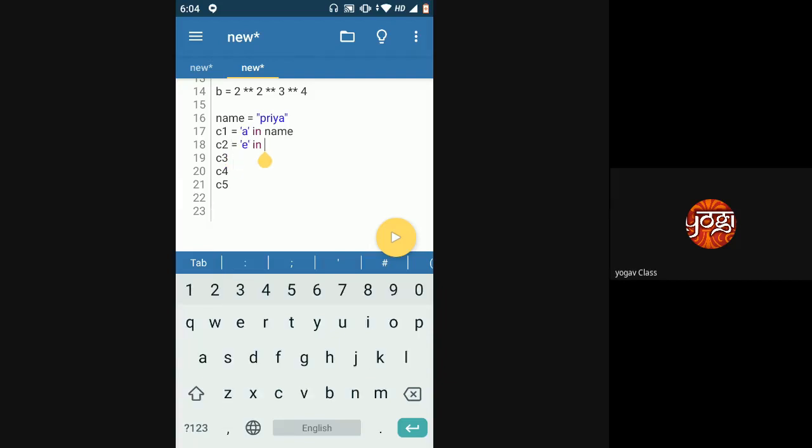But for any of these vowels to be present in my name, I need at least one of these to be true. So for my final answer, I'll do C1 or C2 or C3 or C4 or C5, because I want any one of these to be true.